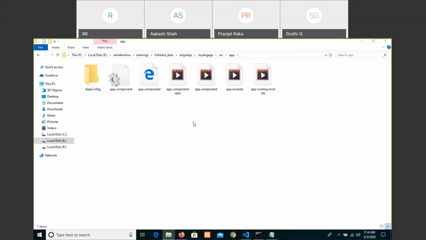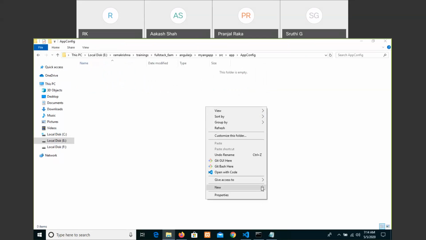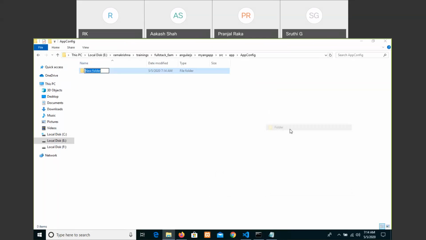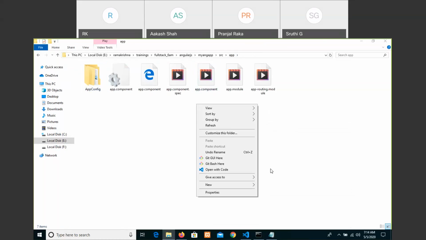In this app config, to start with the modules, you can just write app start. Additionally, come to the app folder again and create an output folder which is views.